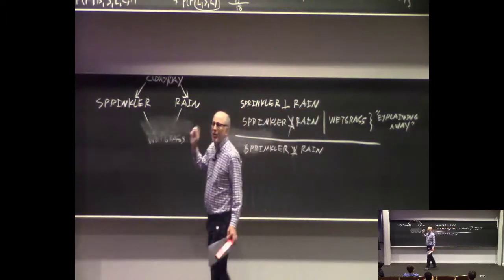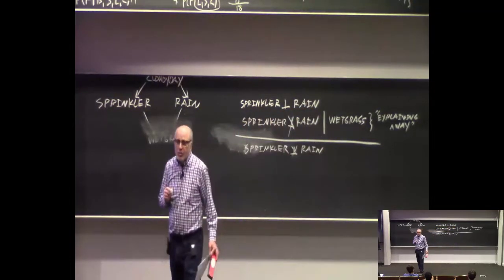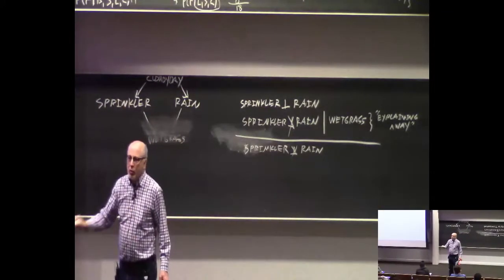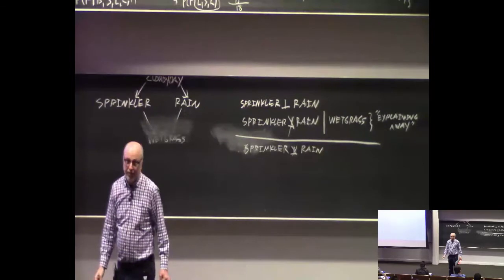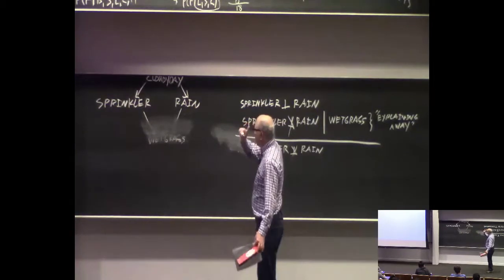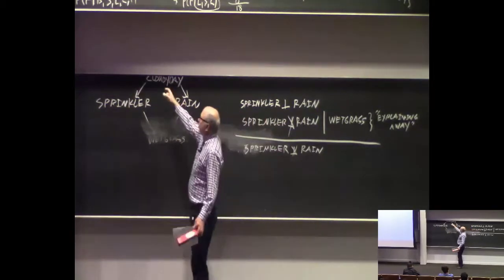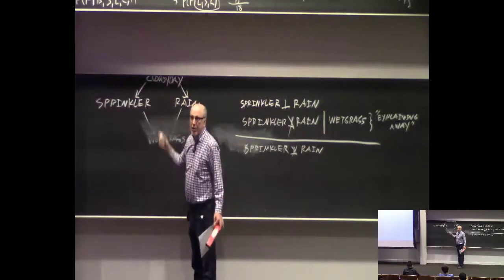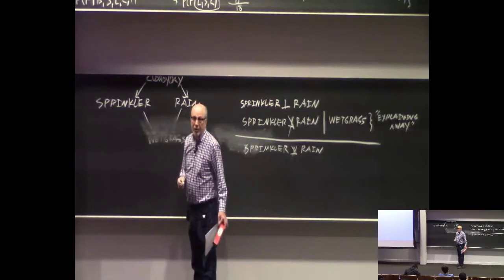Assuming now that the sprinkler is the only common cause, by conditioning on it, we make the two of them independent. What's the intuition behind it? If I told you that the reason sprinkler and rain are correlated is because they both depend on whether the day was cloudy, but not on anything else in common,